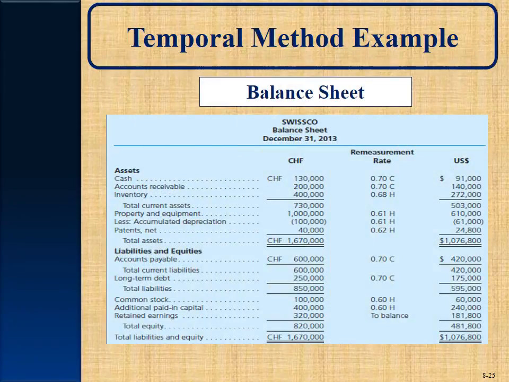And here we go. So under the temporal method, remember again, the balance sheet, cash assets and liabilities are remeasured at current rates. So cash and accounts receivables, because they're cash assets. Liabilities, all liabilities, are remeasured at the current exchange rate on December 31st, 2013. Inventory is remeasured at historical, the date of the inventory. Now in this case,